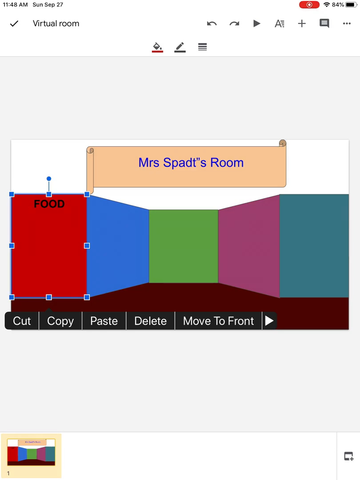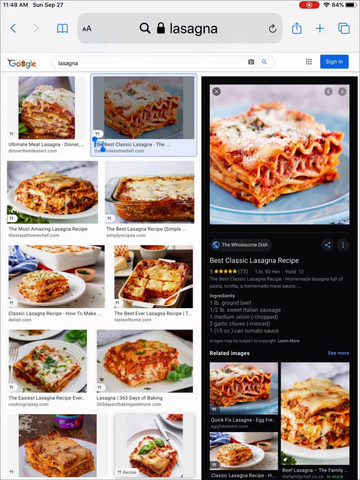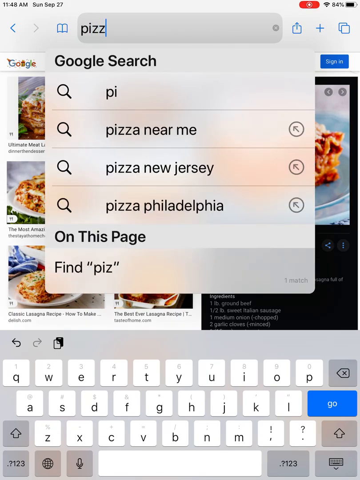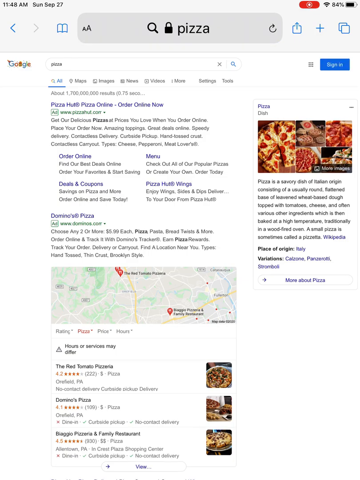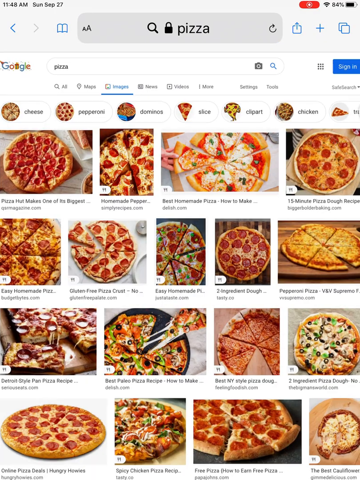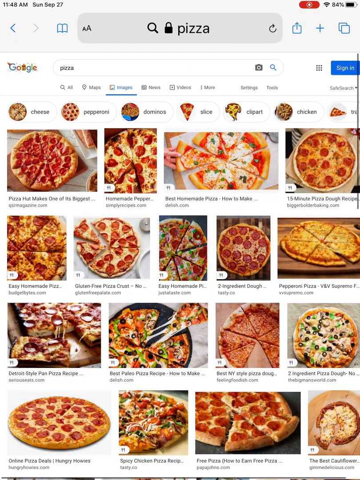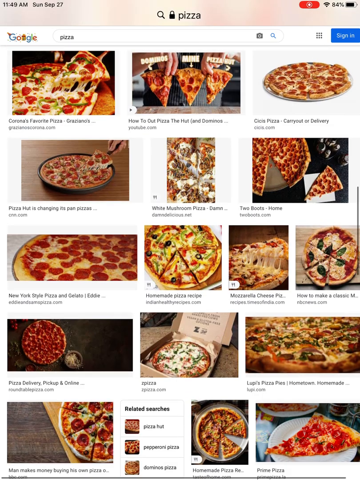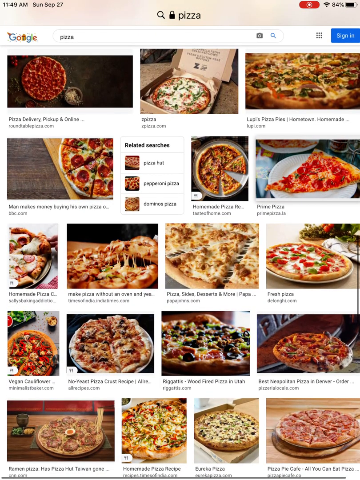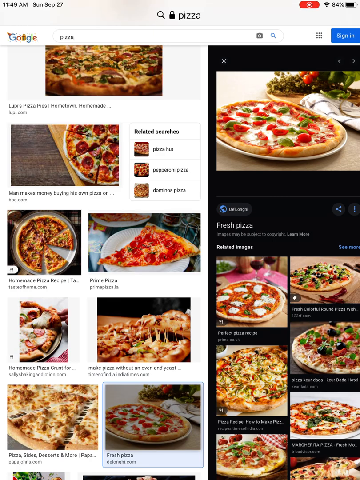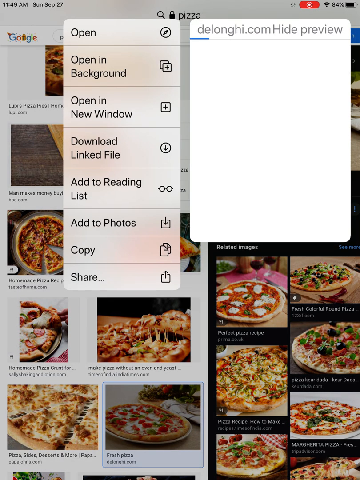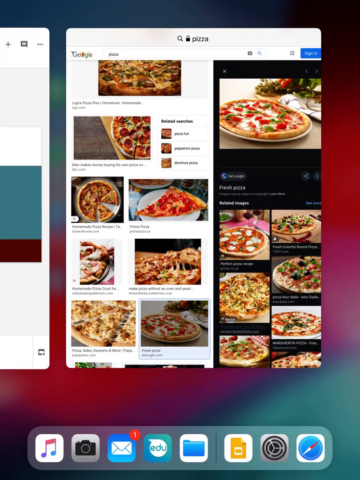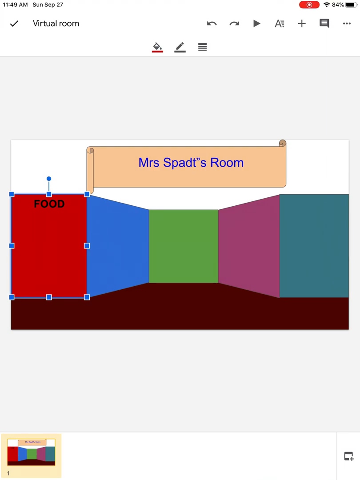pizza. So I'm going to go back over to Safari, and I am going to Google pizza and click go. I'm going to go under images. See the word images in Google? I'm going to click images, and I'm going to look for a pizza that I think looks appetizing. So I'm going to click on this one, and I'm going to put my finger on the picture, and click copy. I'm going to go back over to my room, and I'm going to put my finger inside the first wall,